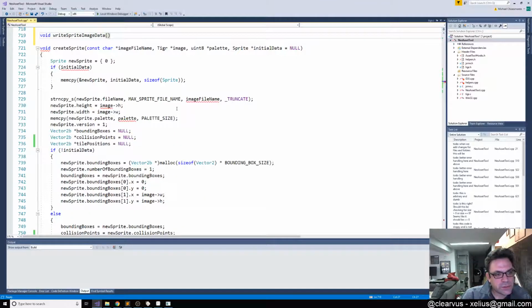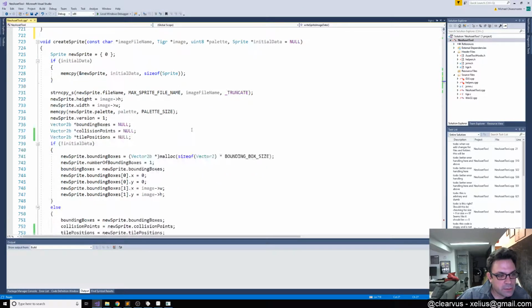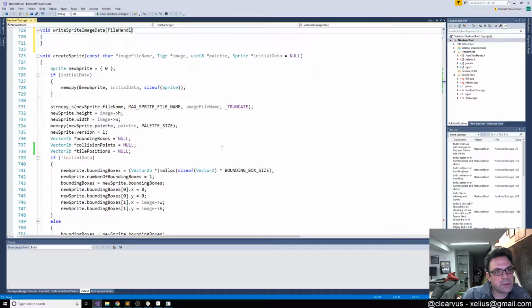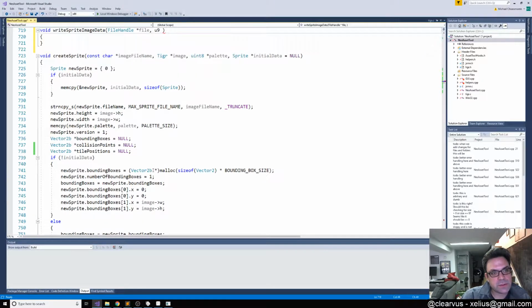So we want to take the sprite file handle. So file handle file. And then what else do we need? We need an unsigned int, u8, come on, that's supposed to be an 8, number of tiles,